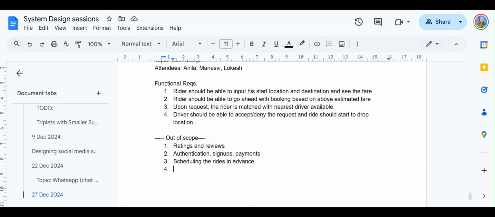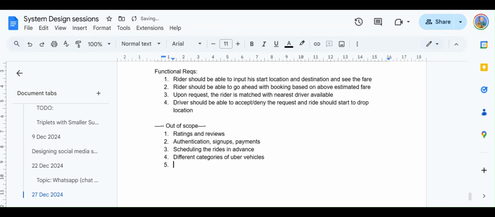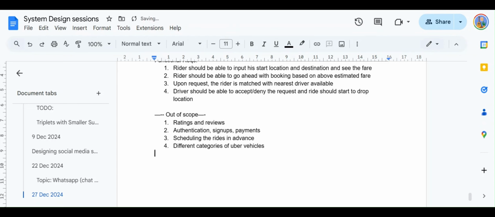Then we are not discussing the different categories of Uber vehicles, like Uber Black, Uber Go, Uber Luxury, whatever. Those are also out of scope.